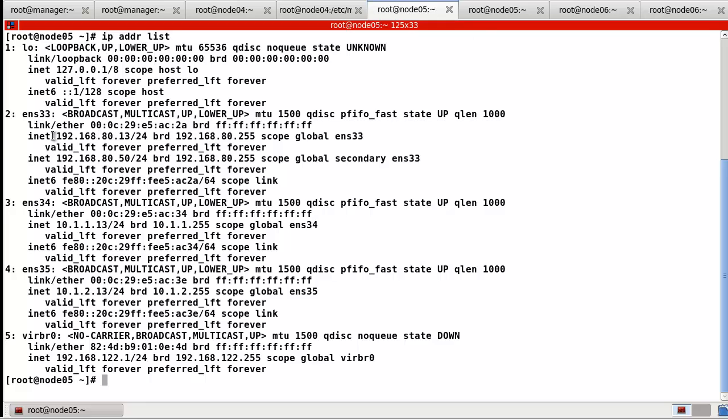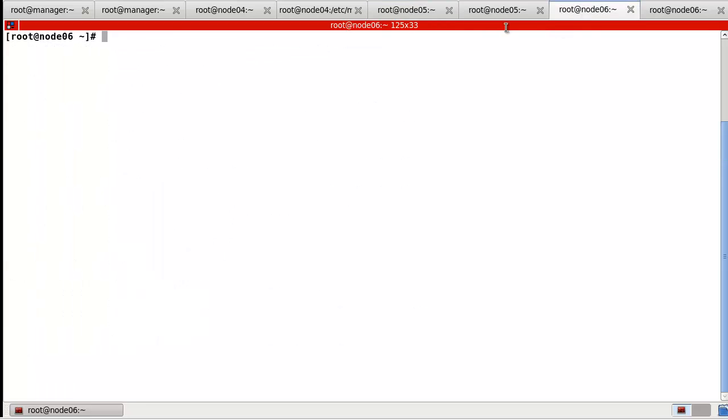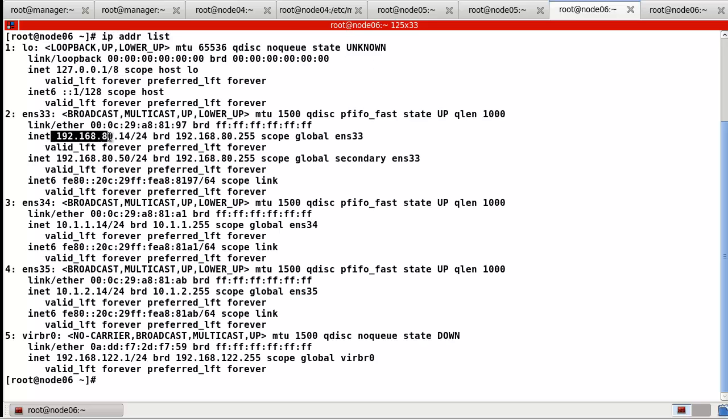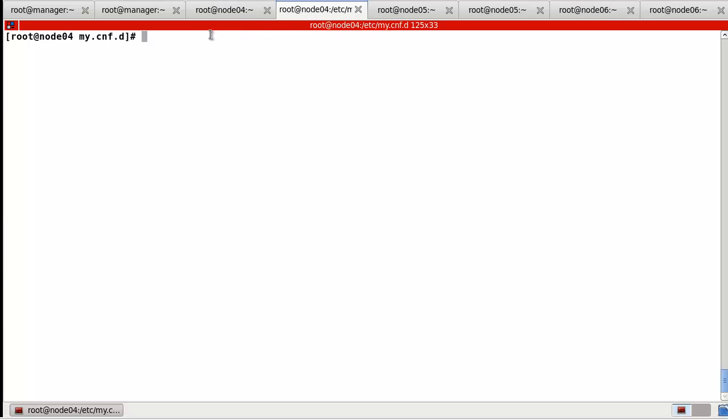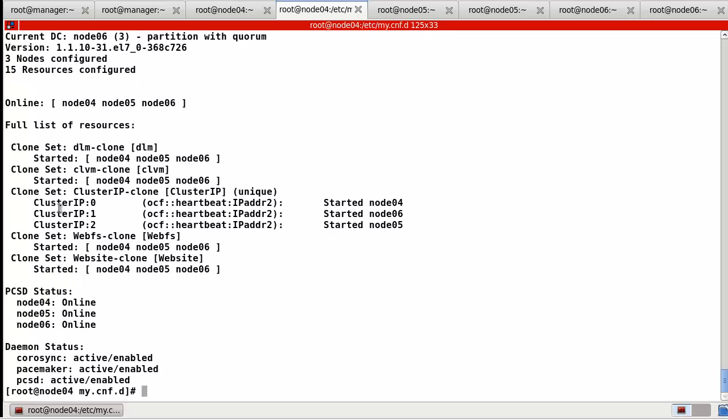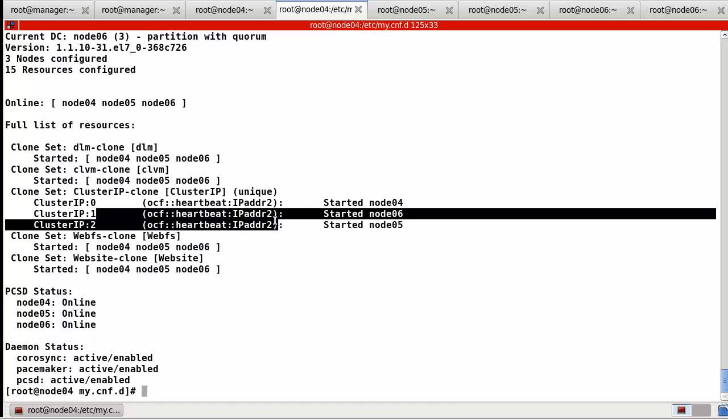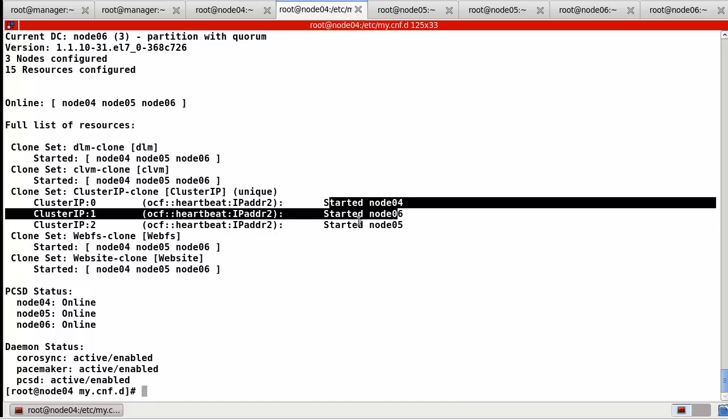And the original IP address is 8.13, but the floating 80.50. And node 6. Okay, also original IP 8.14, but floating 8.50. So now we check here, okay. So all the cluster IP resource, this one started on each cluster node.